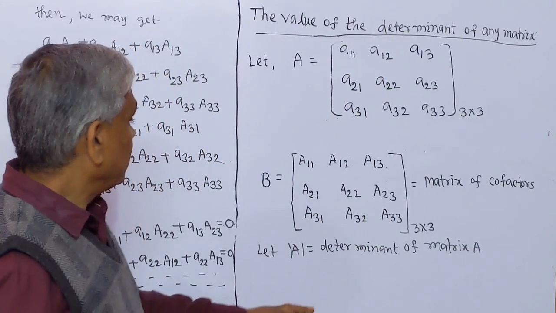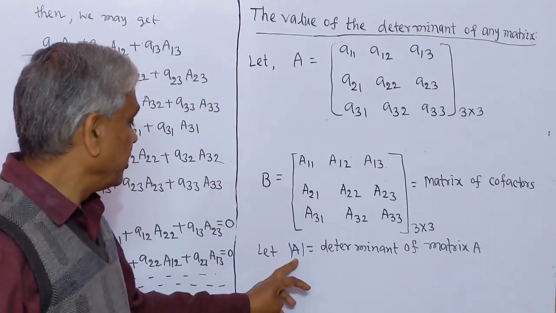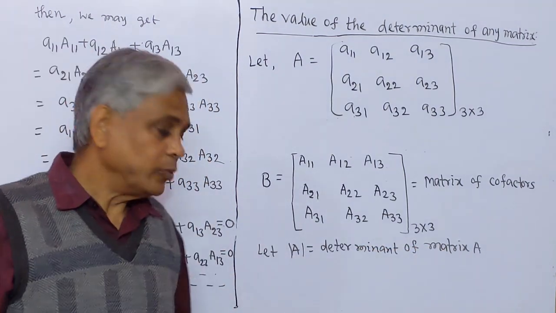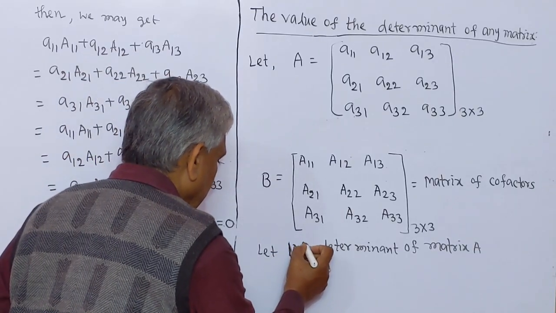Let determinant of the matrix A is denoted by these two vertical lines,